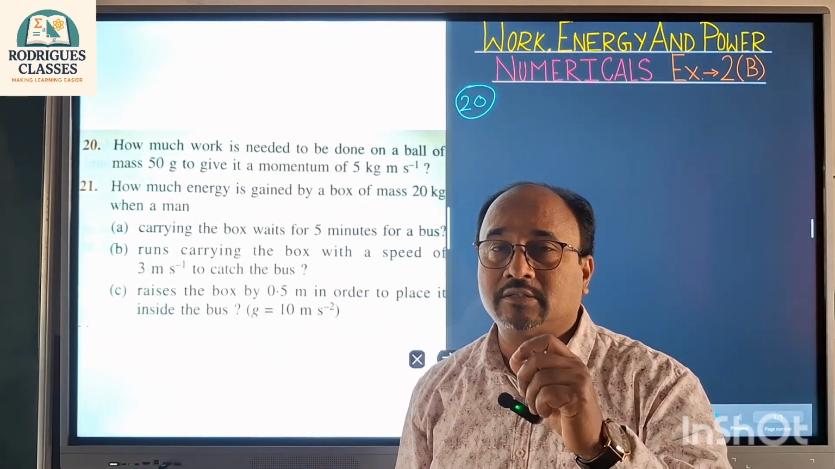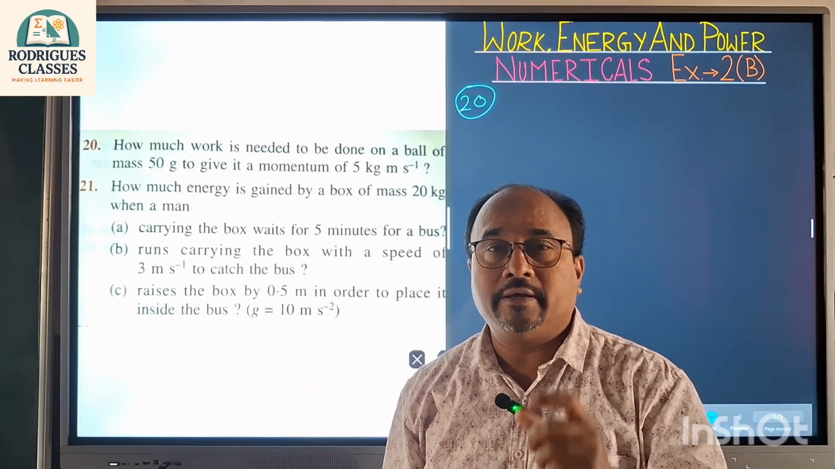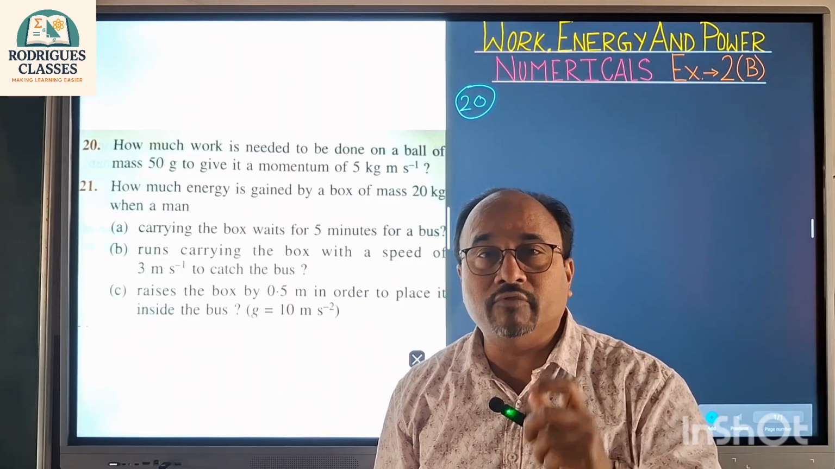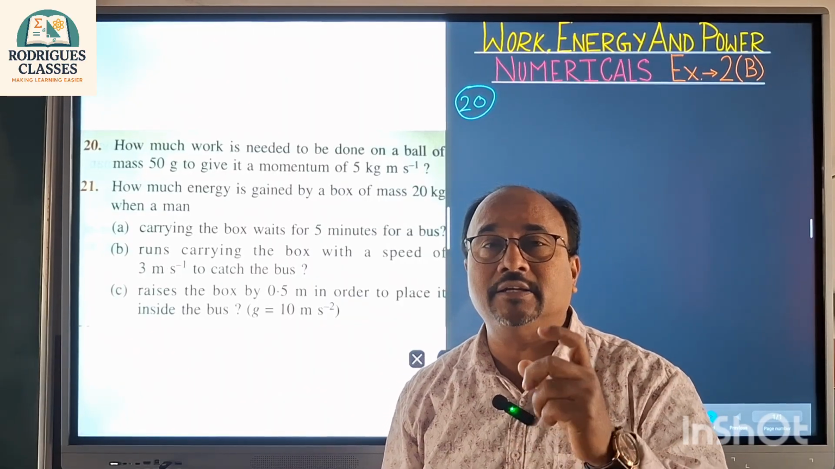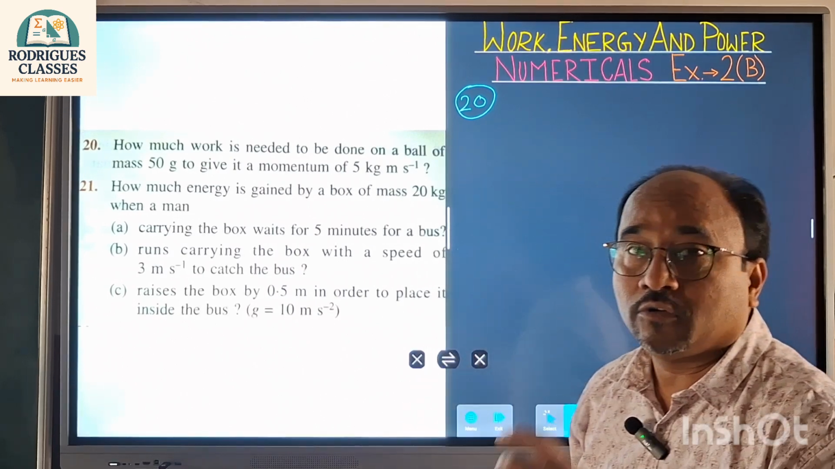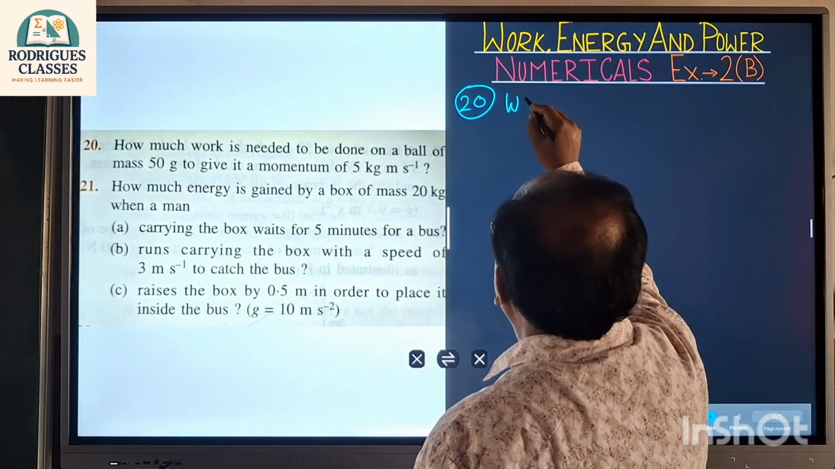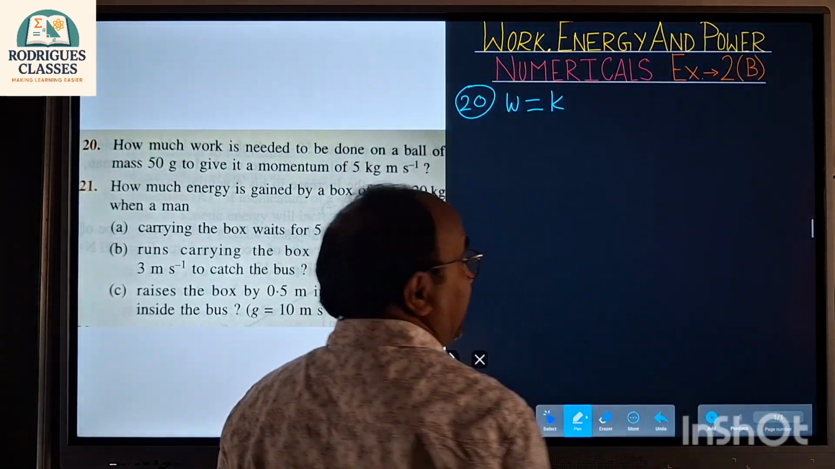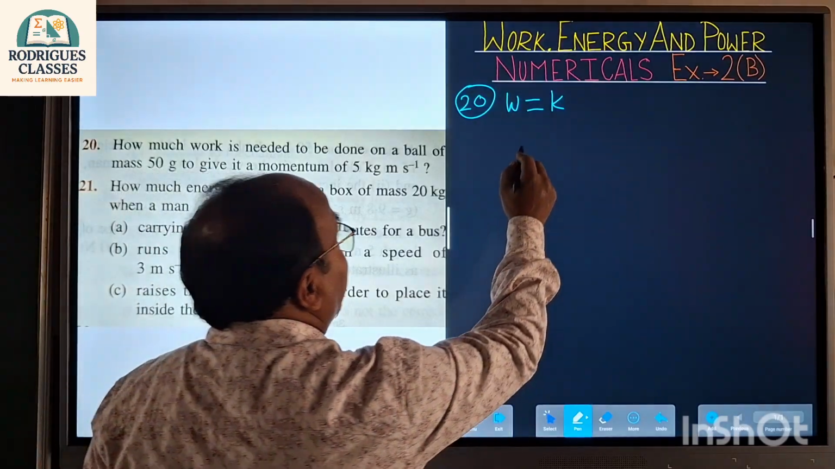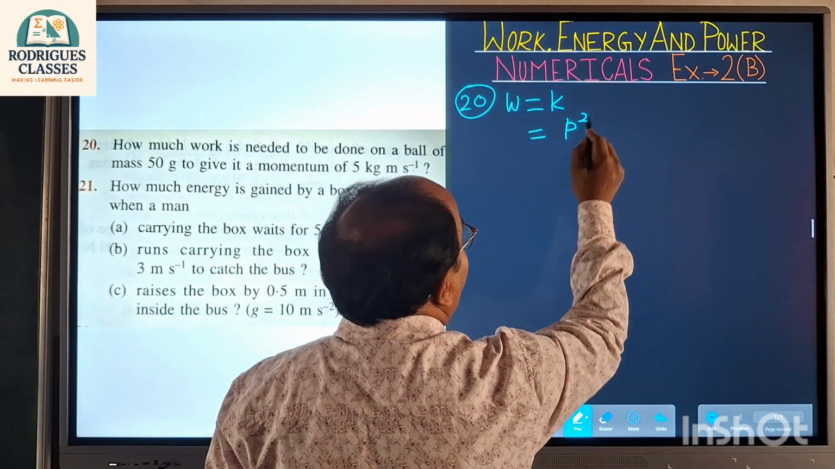We are given the mass and the momentum and we have to calculate the work done. Remember, the work done here will be equal to the kinetic energy which the body or the ball will be having. So we are going to solve it in this way, that the work done will be equal to the kinetic energy, and kinetic energy in case of momentum, you know we have a relationship